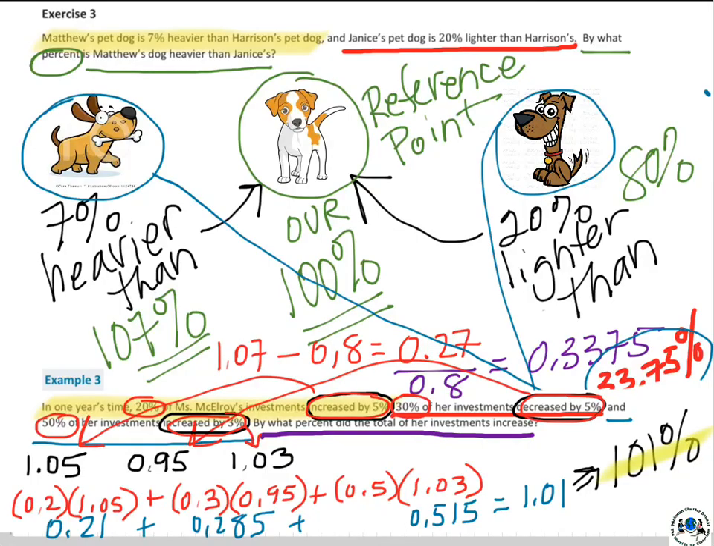Because she started with 100%, so we've got to go ahead and subtract that 100% out, away from that 101%, because in the end she ended up with 101% of her money that she began with. Therefore, she only increased her investment. What percent her investments increased? Only by 1%, okay, which is a pretty poor